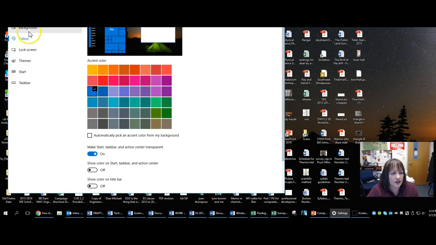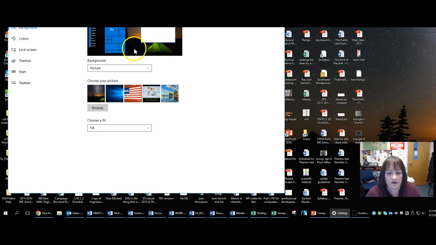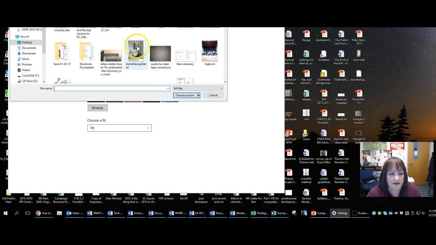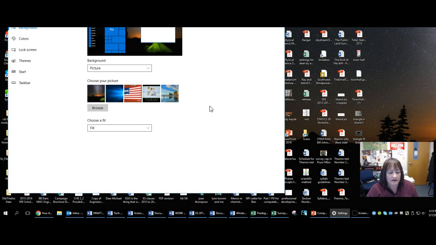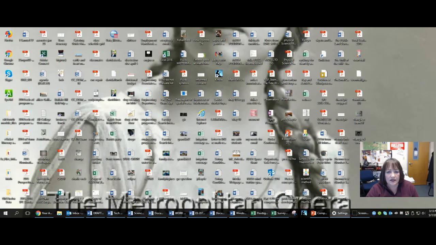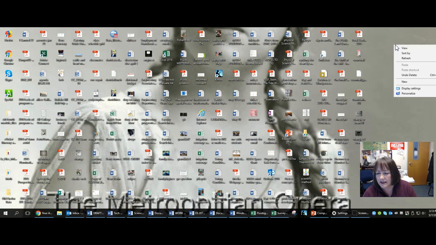So you can also change the background and the colors and all of the other things. I'm not going to go into too much detail with this because a lot of it is aesthetic. But if you wanted a different picture, for example, you could choose either a solid color or slideshow. You could choose a picture, one of the default backgrounds, or you can browse your own pictures. Like here's an opera singer from the 1920s named Astrid Varnay. And if I really wanted Astrid to be my background, I could do that just that quickly. Now you can do it also by